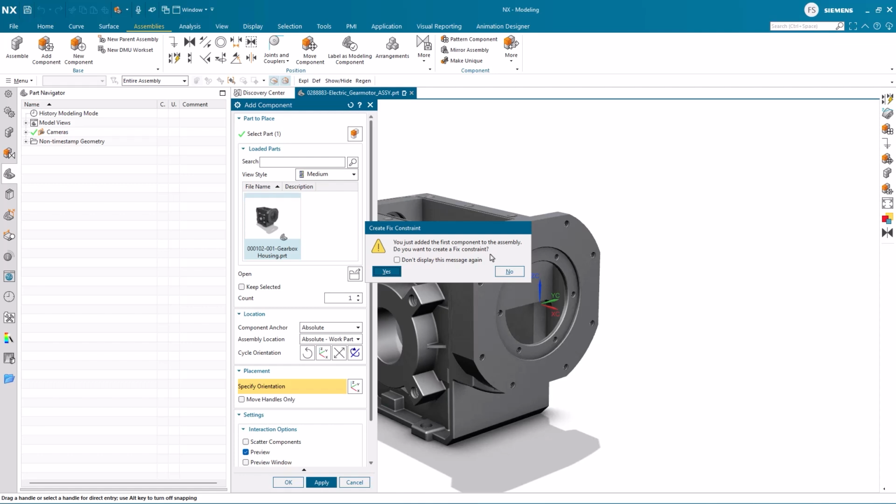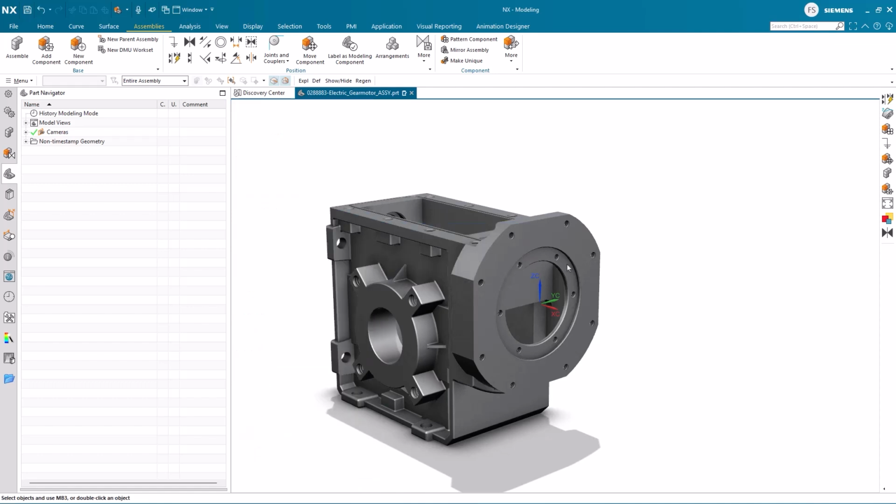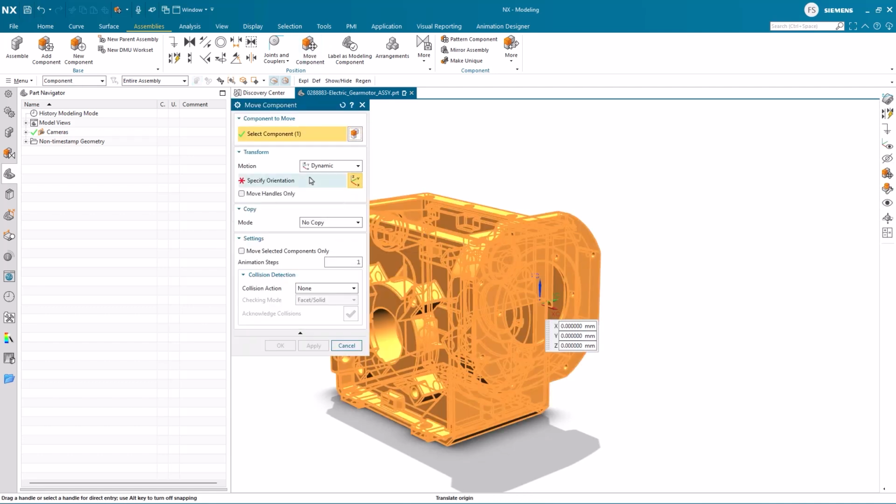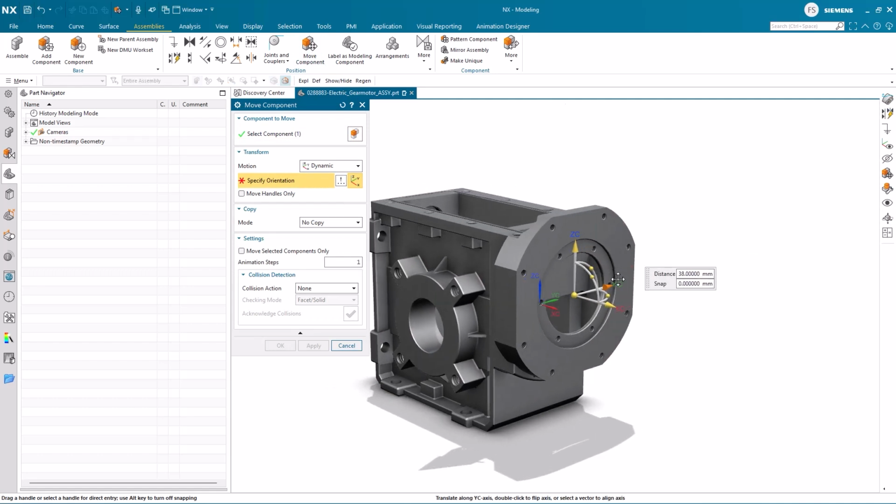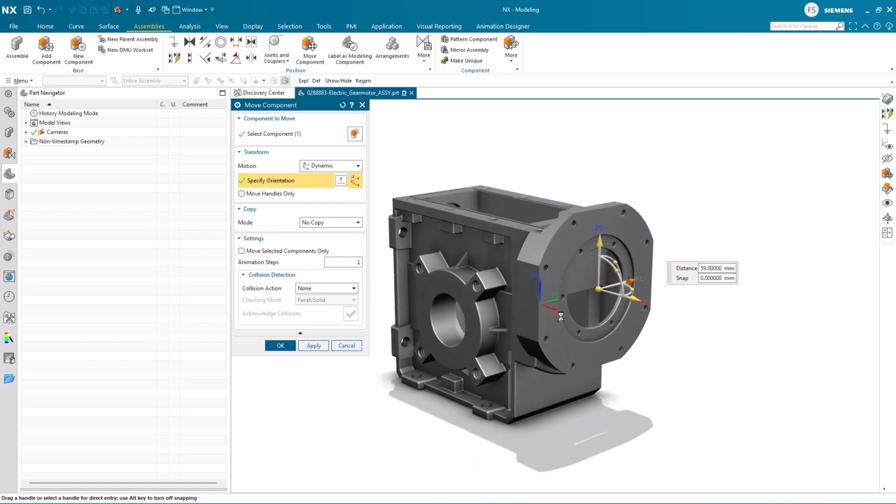However, as we want to get an understanding of the fix constraint, we choose here to not add the fix constraint. So, to get an understanding of why the system offers to fix the first component and make it non-movable within the assembly, we invoke the Move Component tool and use one of the drag handles to move it around. We can now see that the component we selected is moving freely within the assembly.